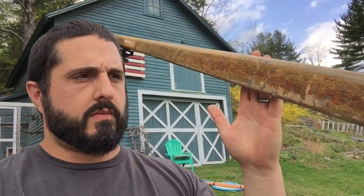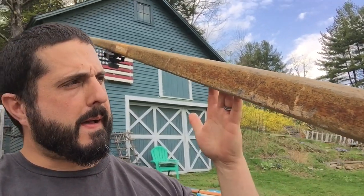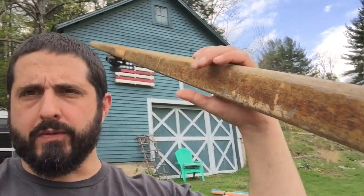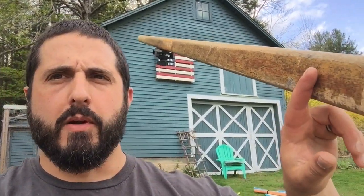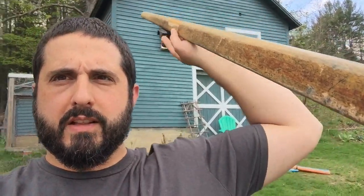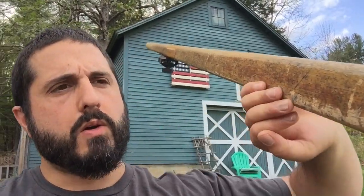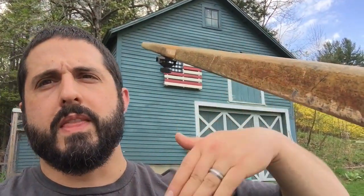So yeah, one thing I want to do before we get out this year is refinish this tiller. I eventually want to construct a whole brand new one. However, in the interest of time, just so we can get out sailing, we're just going to sand this down, refinish it, and then I got some goodies, like I got to replace this tiller tamer here because that's all busted up. And I also got a tiller extender that I want to put on here and that kind of thing. So we're going to give this guy a nice little makeover in the meantime,